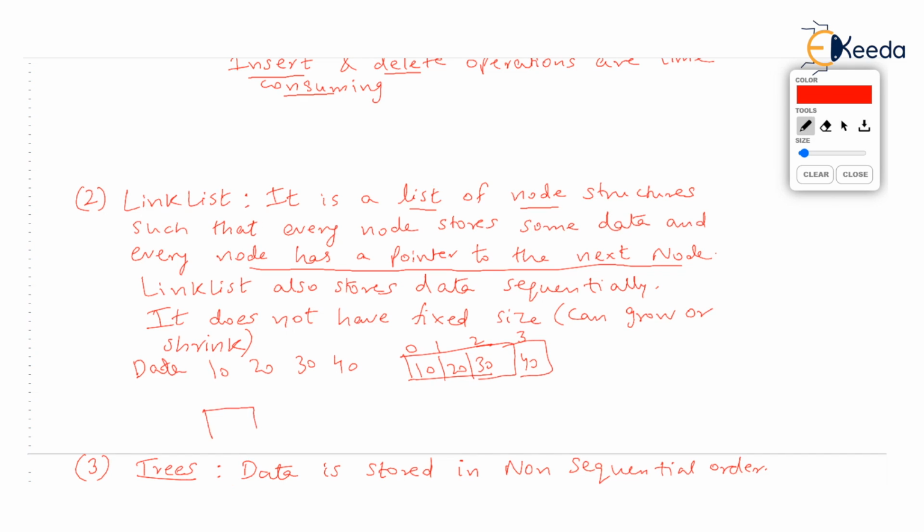You create a node structure in the memory, some structure which can accommodate data and will have a pointer called next. Now there will be another node somewhere in the memory which will store data 20 and will also have next. So every node that we allocate in the memory will have data and next pointer. Now the next pointer of 10, this first node's next, will point to the second node, the second node's next will point to the third node, the third node's next will point to the fourth node, and the fourth node's next will be null